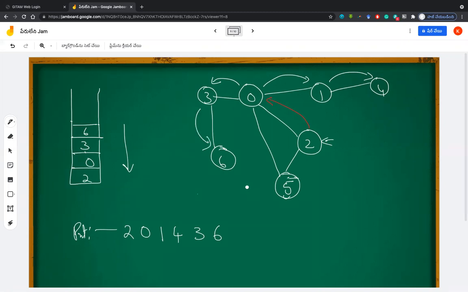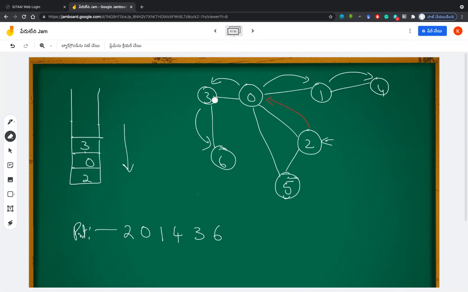So you have this arrow coming to 6. Now at 6, anything it is connecting to? It is connecting to 3, which is already printed. So what should I do now? Again backtracking, sir. Backtracking. 6 has to be popped out.